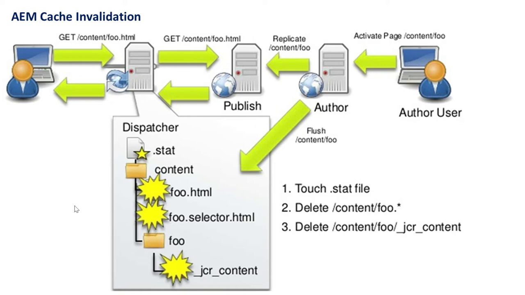Also, if the .stat file is touched and you have any other HTML files here for which we enable the auto invalidation for those specific file types or files, because this .stat file is now updated, then for the subsequent request the dispatcher will remove those files. During the invalidation those files are not removed; only the actual file and the child files are removed. The other related files are not removed. But on the subsequent request, based on the comparison of this .stat file and the actual file's last modified timestamp, the dispatcher requests the new file from the publisher and updates the cache.